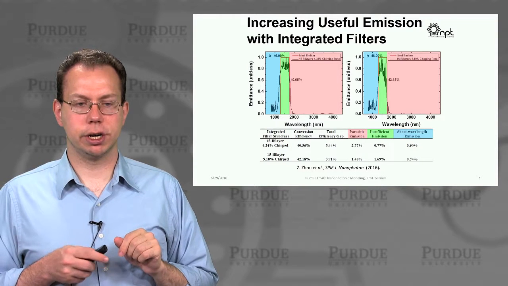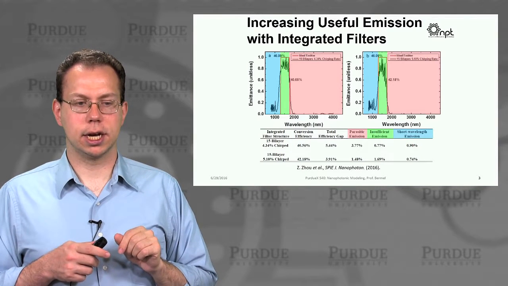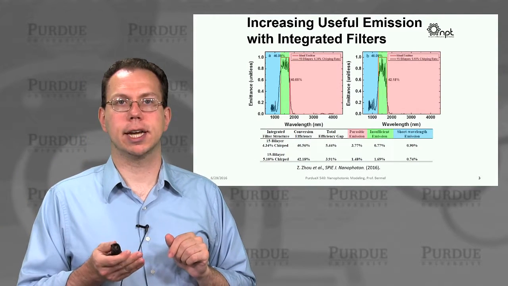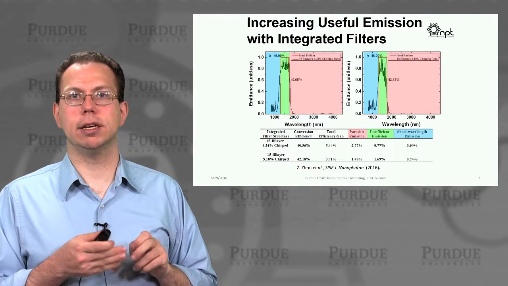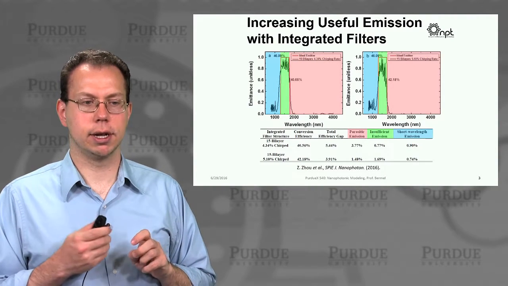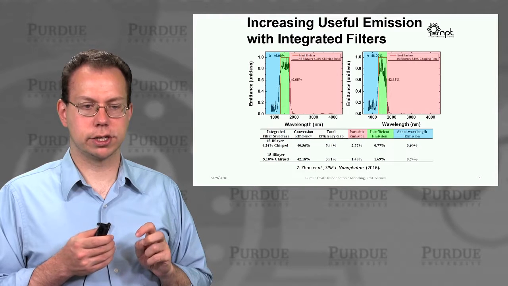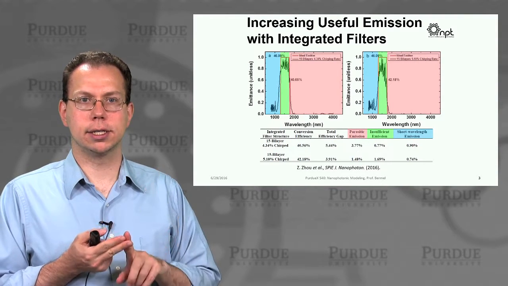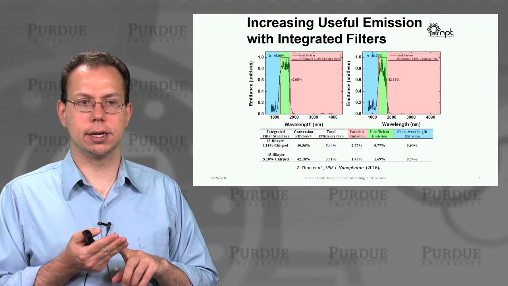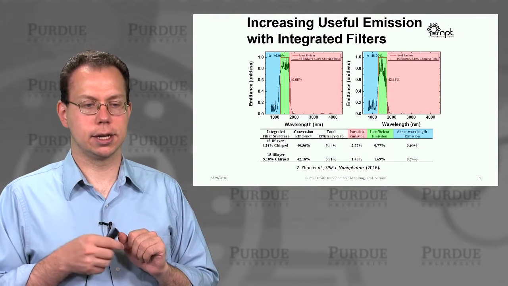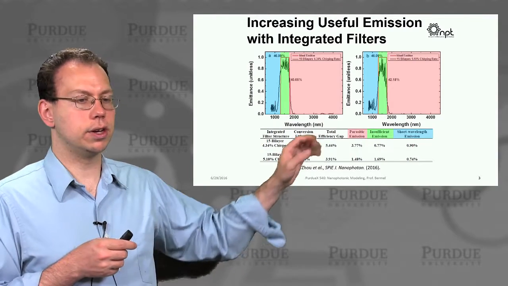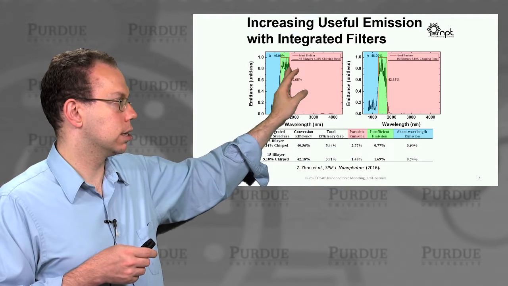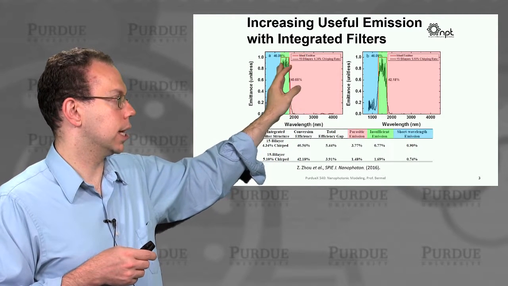Just to briefly show what the advantages are: you probably remember that last time we mentioned the world record efficiency for TPV was about 23%. But if you're able to build this sort of structure using realistic materials, which would be tungsten, silicon dioxide and titanium dioxide, so nothing too exotic or super expensive, then you can get the emissivity for the first type of structure of integrated filters that looks like this.